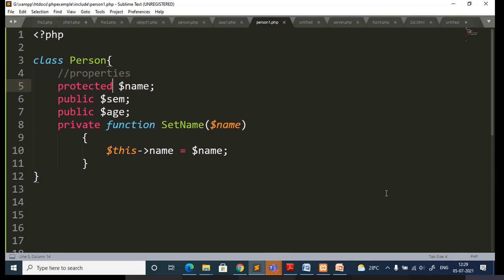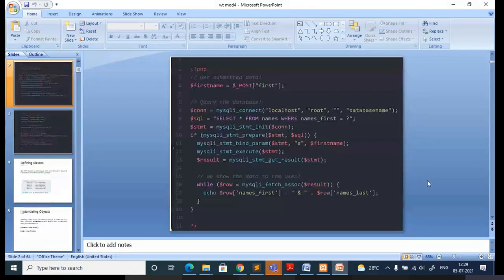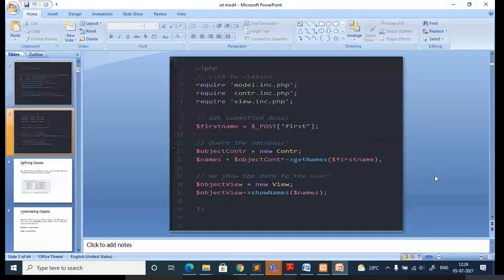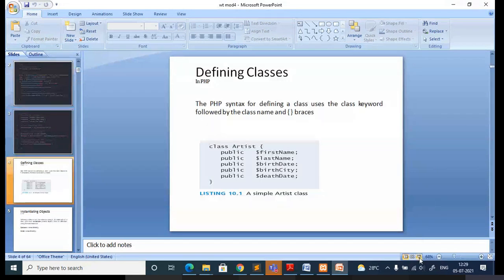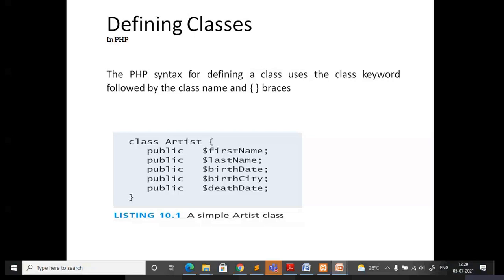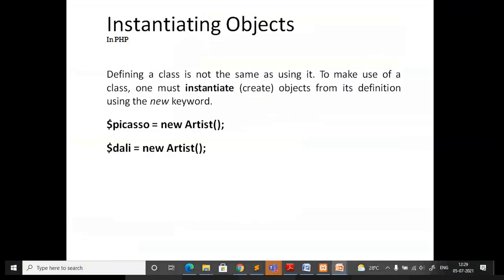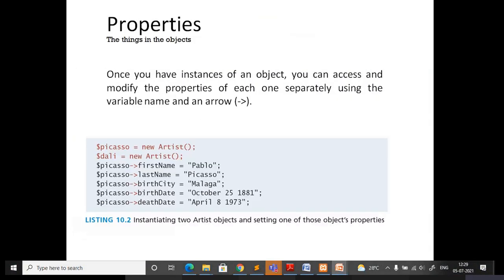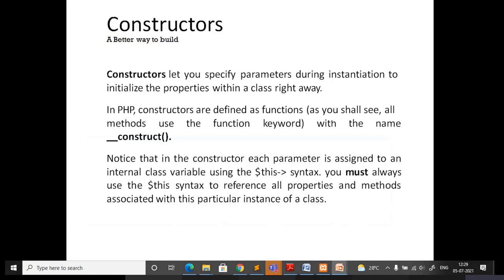So let me quickly go to the PPT. I will not go for the coding part. I'll just go through the slides. When there is no response, why should I struggle so much? Let me just read out from the slides. If there is no response, let me just do it like that only.